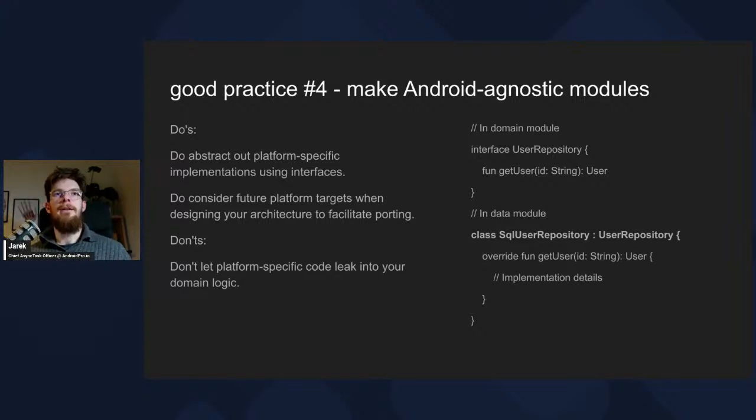So we can describe our code, our interfaces, our repositories, our services in domain module, and then implement those interfaces